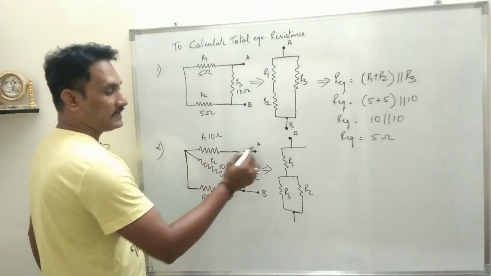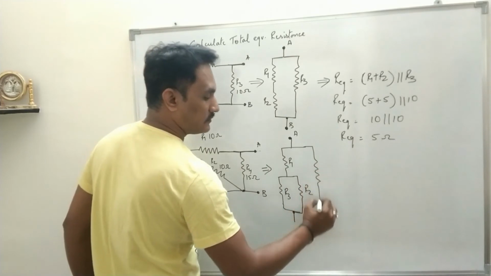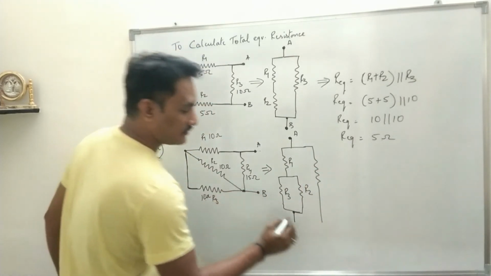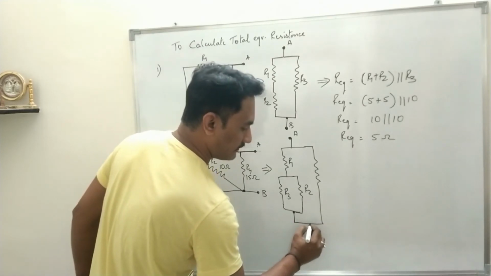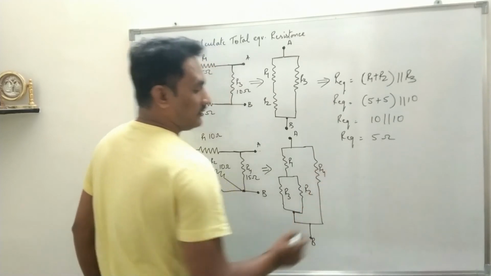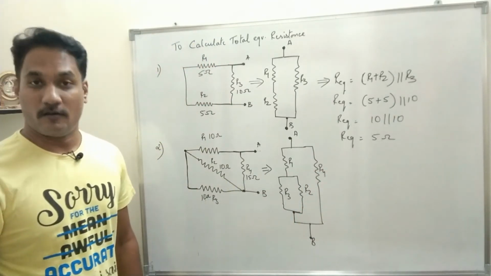And on the second arm coming from A, we had R4. So draw R4. And R4 ends where R2 and R3 end. So these two points have to be combined, and from there will be the terminal B. So now when you see the circuit, it becomes very easy for you to identify the combinations.